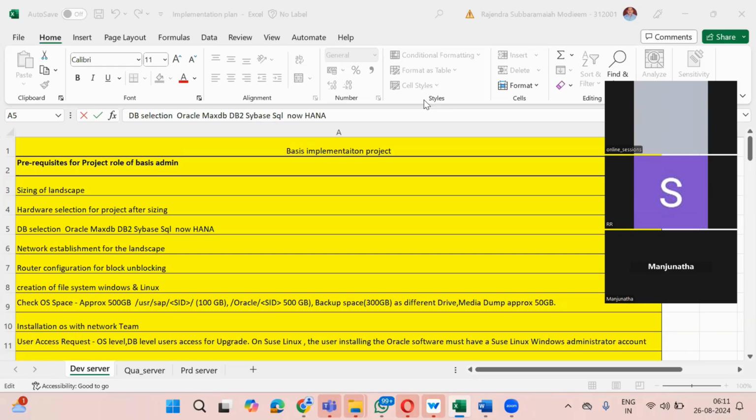Here you have to do network establishment for the landscape. Who will help you with this? The network team people, the IT manager will help you with the latest network diagram. There you have to choose where you can put this newly purchased hardware, and you have to ask for a few IP addresses from the IT manager or network team where you have to book a space for your SAP, and you have to put these in a range like